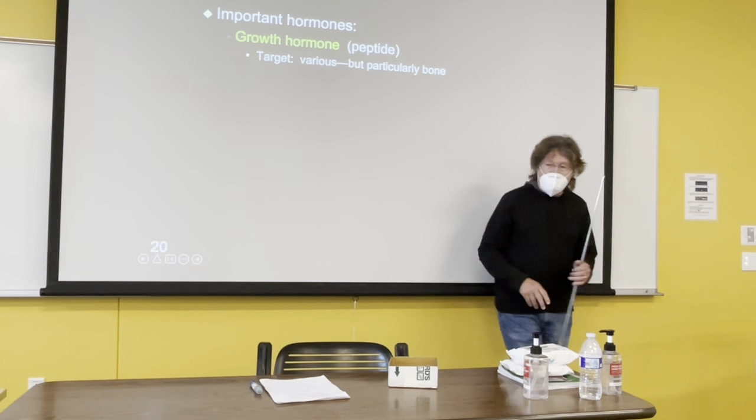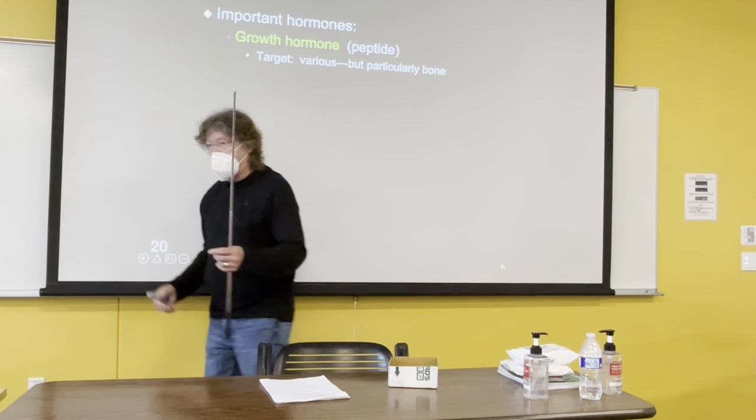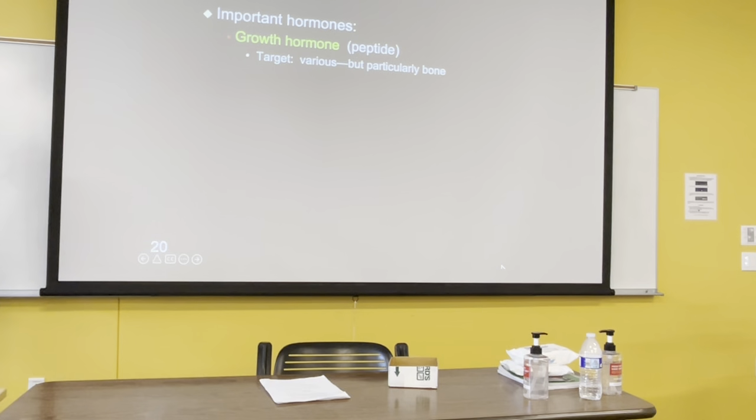Now what happens when you're growing with bone is that the long bones, like in your arm, humerus, femur, and so forth, at the ends, it is bone, but then there is a zone of cartilage at each end. So there's a zone of cartilage and then bone down here where you're at the joint. Once you reach maturity, okay, so this is where the growth hormone is influencing it. It is binding to these cartilage zones and leading to the buildup of cartilage, lengthening of the bone, and then that gets mineralized, okay?